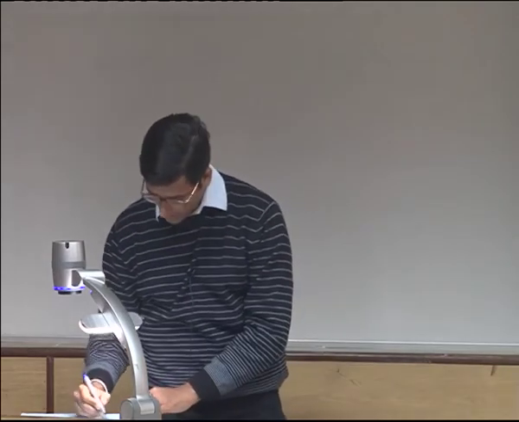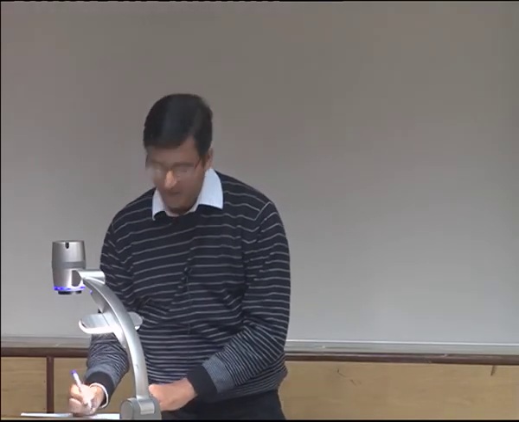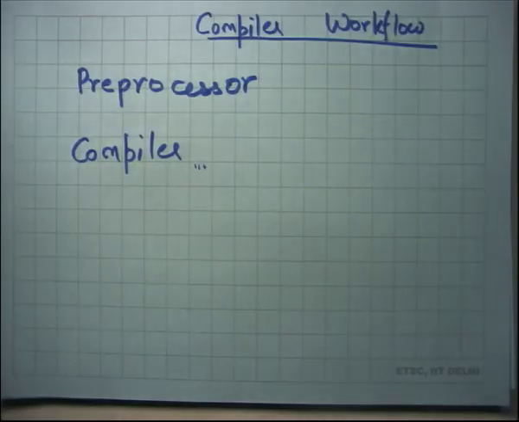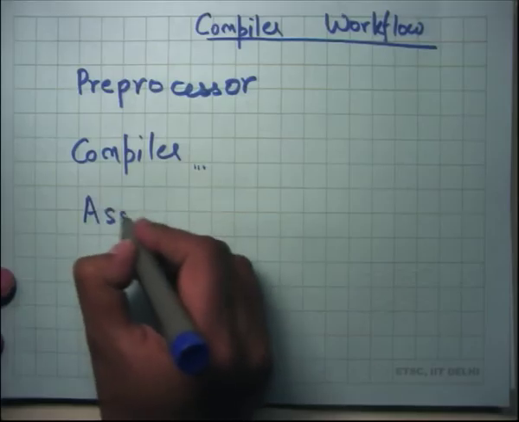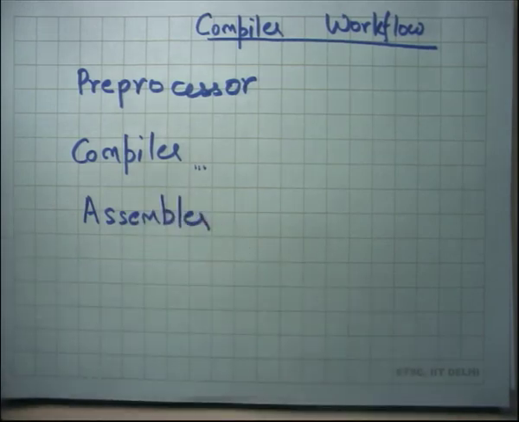So that's a preprocessor. Then there's a compiler that takes a source file, parses it, and generates assembly code, right? Assembly code is something that we have seen so far, like all this human readable assembly code like movl, addl, and so on, with their arguments. So the compiler basically parses C syntax and generates assembly code, right? Then there is an assembler that takes the assembly code, which is a string which a human can read, and emits binary code that a machine can read. Right? That's an assembler.